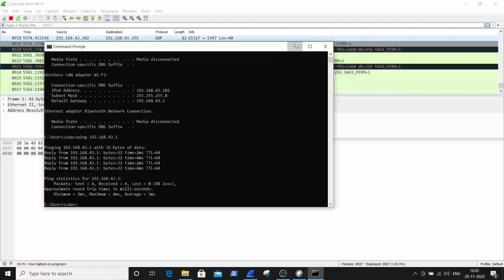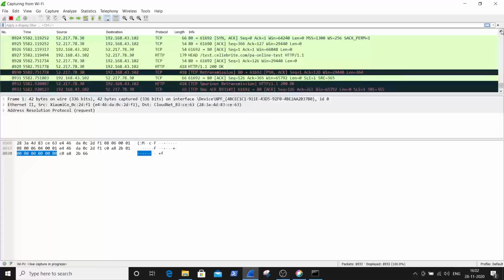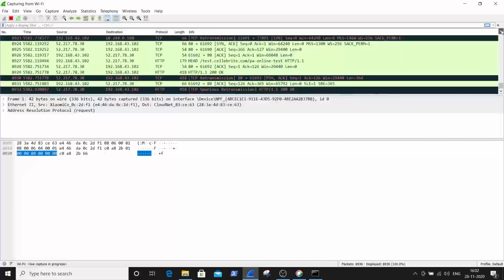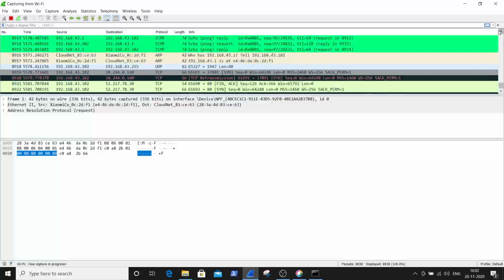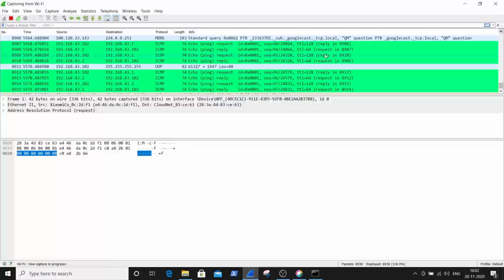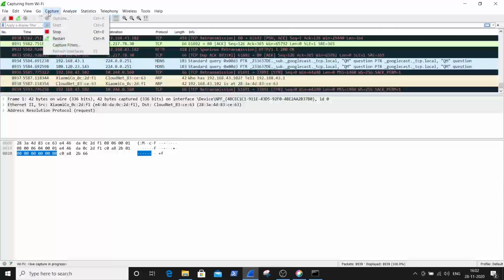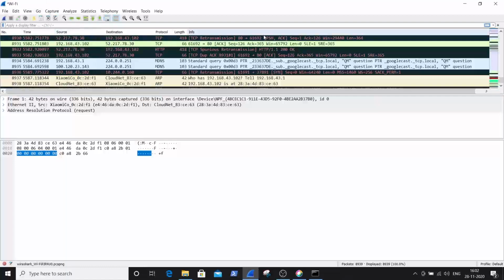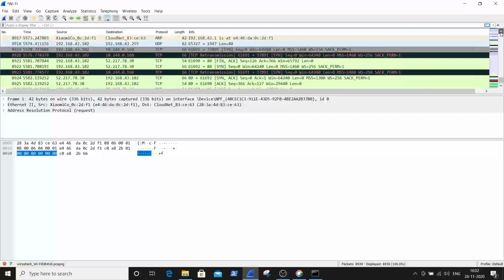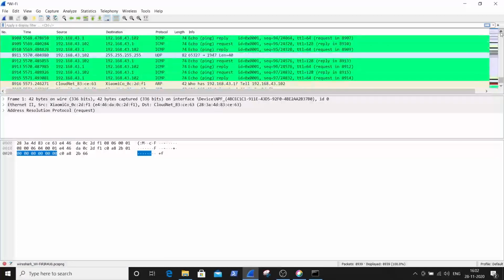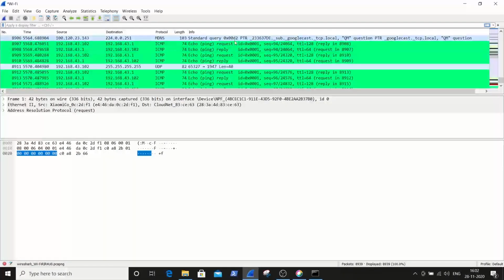So you can see here the changes that occurred in the Wireshark packets. You can stop the capture and analyze the packets. Here the ICMP packets are captured.